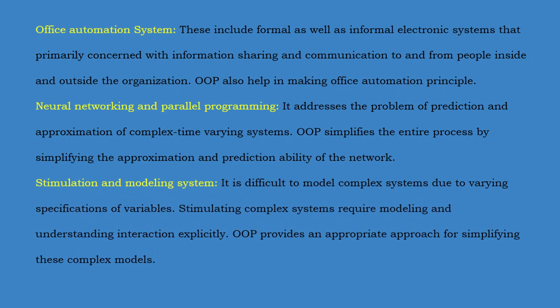Next is the simulation and modeling system. Simulating a complex system requires modeling and understanding the interaction explicitly. Suppose there is a system which cannot be found as real. For example, you want to travel in space to model a system. We cannot travel in space to model it, so we model the parameters of what the space will have in a system, and for that type of complex design, OOPS helps. It is difficult to model a complex system due to varying specification of variables,